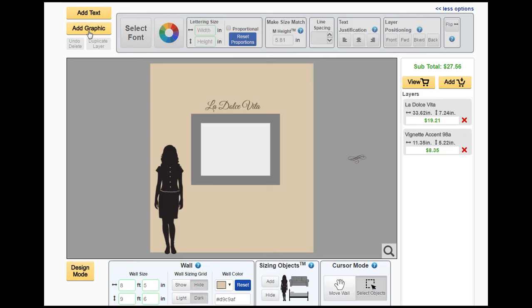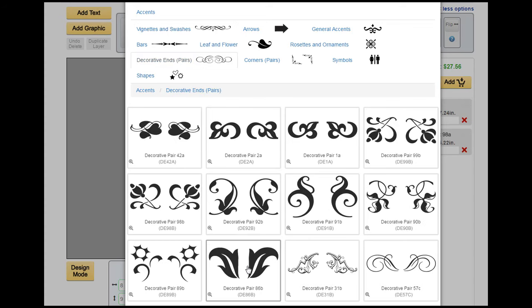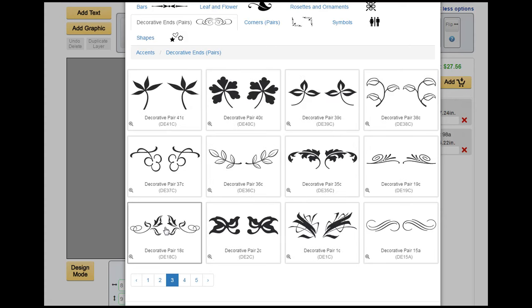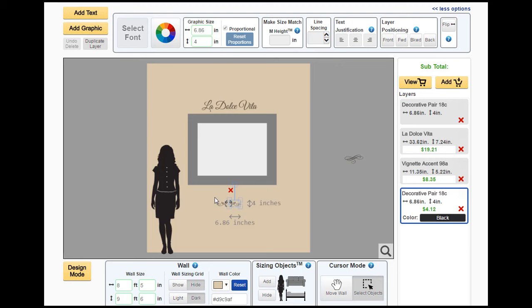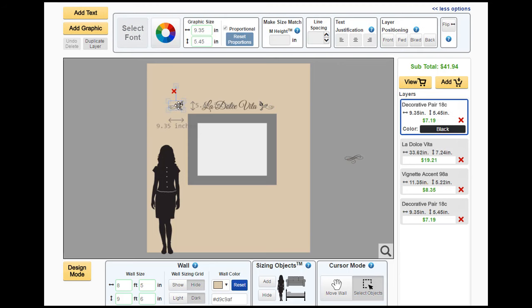And now it probably makes a little more sense to add some decorative ends. So if we click on decorative ends pairs, there's a pair that I like quite a bit on the third screen here that I think would go good with this font. They come in individually, but you can actually highlight both of them and move them together. And you can actually size them together. So if I grab a handle and size it, then I can do both of them at the same time. So I'll go ahead and put these into position,